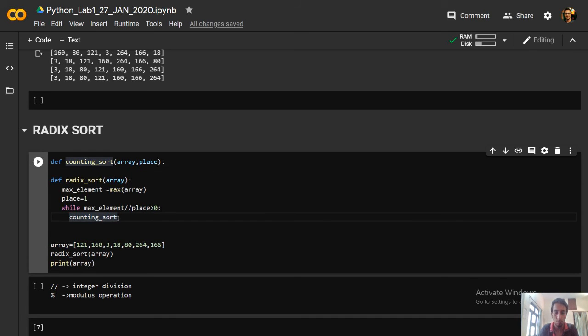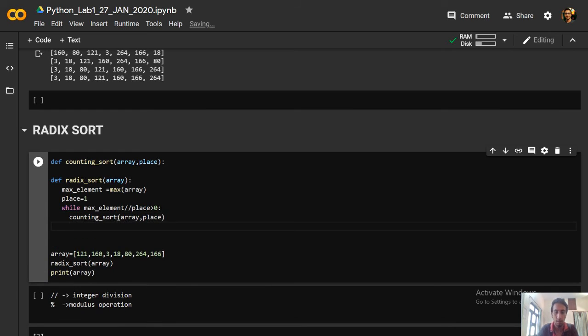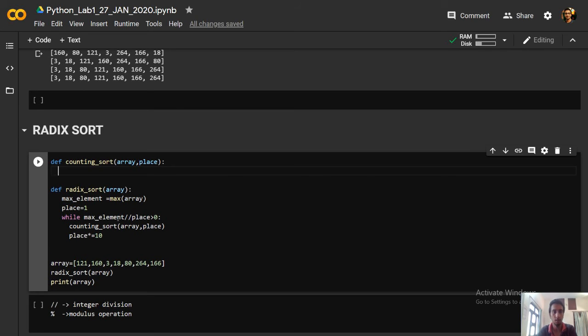So we call the counting sort function and pass our array and the place. After the first pass, we will increase place by multiplying by 10. Okay, so now let's define our counting sort. How will we do this?